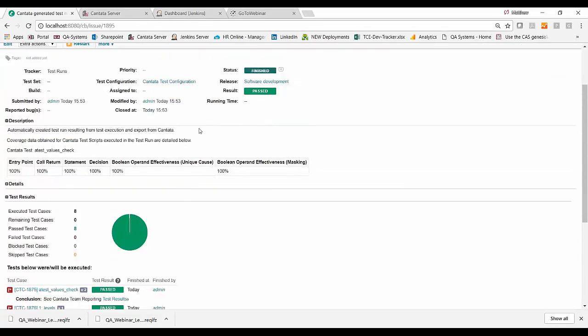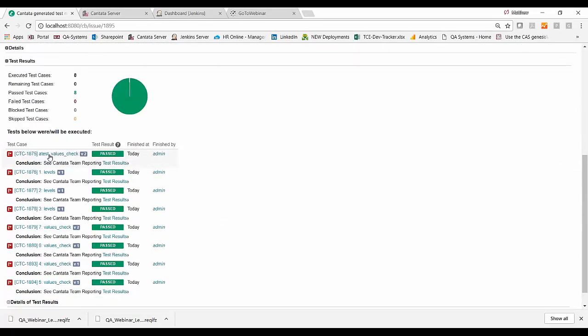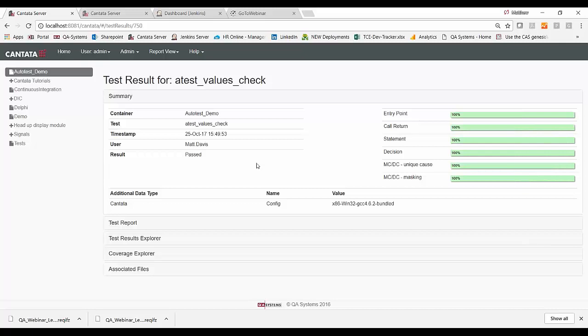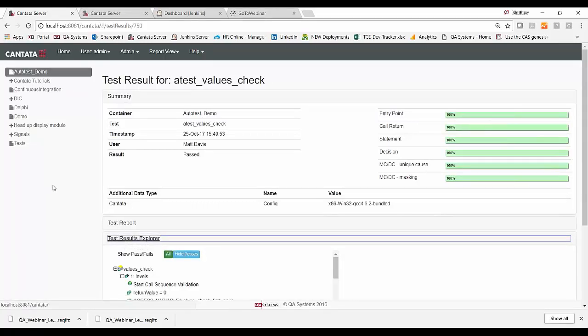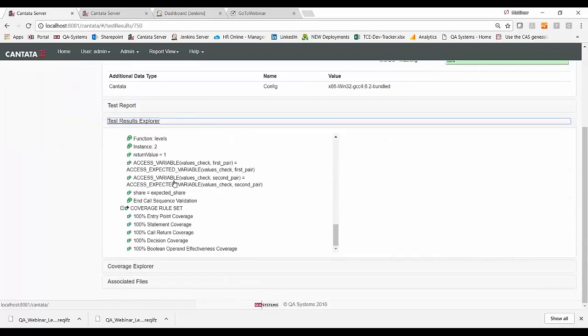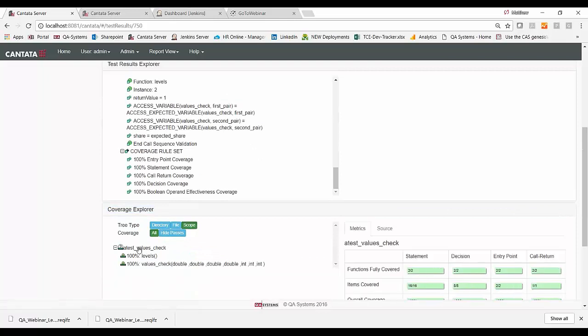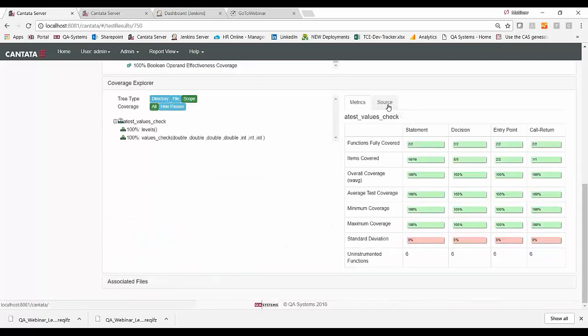And if I look at the individual tests set up for any individual one of those, I can see the results for that set of tests by going directly onto the Cantata team reporting interface, which shows me all of the results and coverage, which I can explore exactly like I saw in the Cantata Eclipse interface. I can explore the coverage. I can look at all of the coverage that I've obtained in terms of metrics,